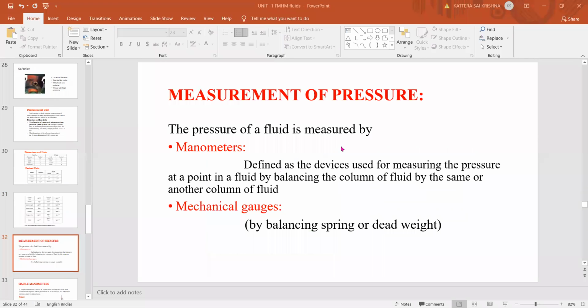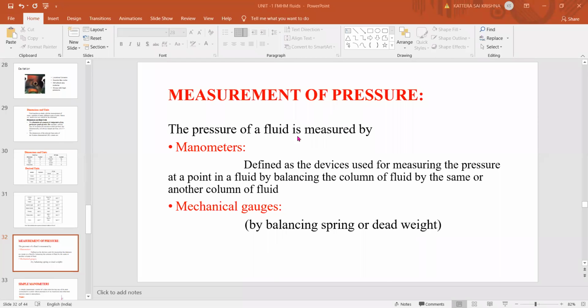Okay. The last topic of the first unit will be this one, measurement of pressure. This is the last topic of your first unit. So till now we have seen pressure, how we calculate pressure in the static fluid, that is P equals rho g h. Similarly, we are going to find the pressure measurement instruments which are used. If you see how the pressure is measured in our lab, we have seen manometer already, which is connected to our orifice meter, Venturi meters that we have seen. And there are two types of pressure measuring instruments. Those are manometers, and mechanical gauges are also available. But in our syllabus, we have only manometers to study.